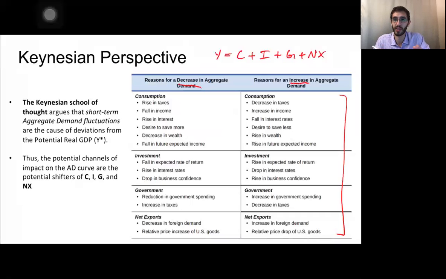Take some time, pause the video, and just try a couple. Try to see if, given a situation, you can rationalize through your intuition what would happen in the graph for the aggregate demand and aggregate supply. What is the outcome of that model in terms of what happened to inflation, unemployment? Okay, it's a really good exercise, and I recommend that you try it.